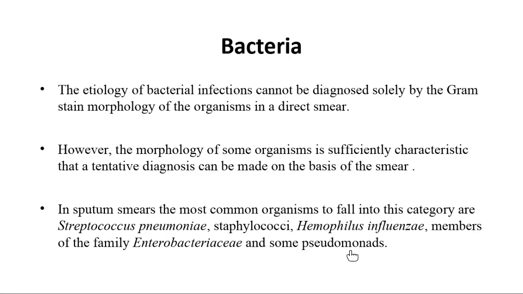Haemophilus influenzae are pleomorphic rods, and they are present as Gram negative pleomorphic rods. Pleomorphic means different in shape: small, maybe thick, maybe thin. If they are combined with each other, they appear as chains. If they are single, they appear single, maybe comma-shaped. So there are different types of shapes.